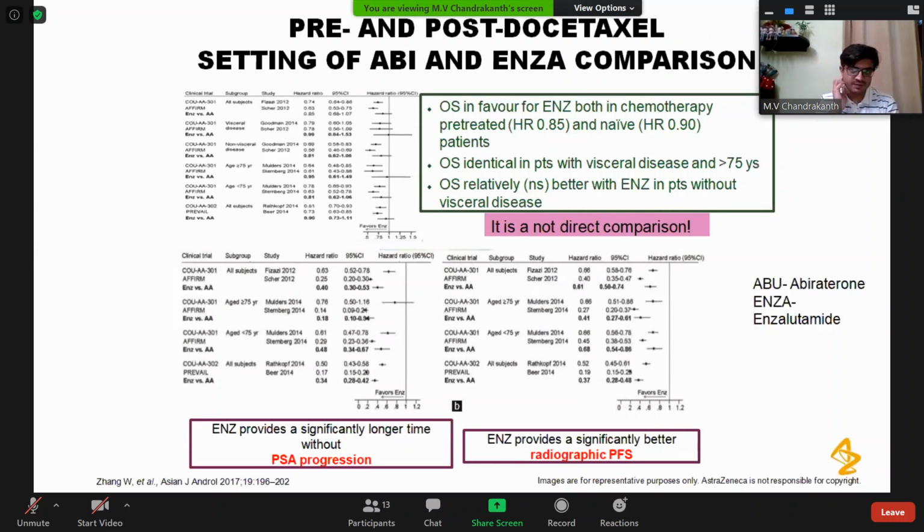So what we can understand from this is if you have a visceral disease, basically, even in the comparison with abiraterone. So if you have a bone-only disease or a limited disease in the CRPC setting, yes, overall survival benefit is there, but when it comes to visceral disease, enzalutamide is less efficacious. So this is one we can understand. So in the hormone-sensitive setting also, if you look into this visceral disease, enzalutamide has a problem. Bone-only disease,